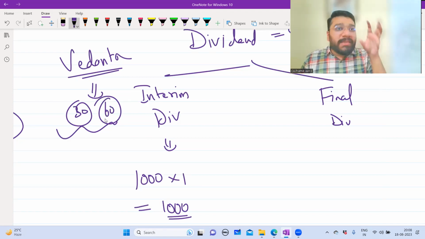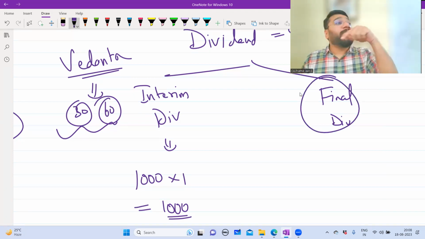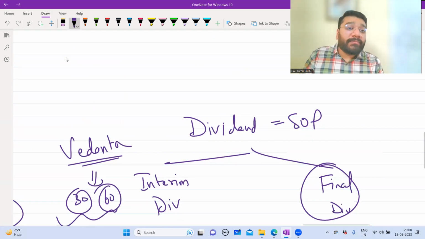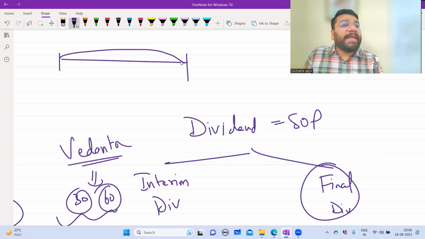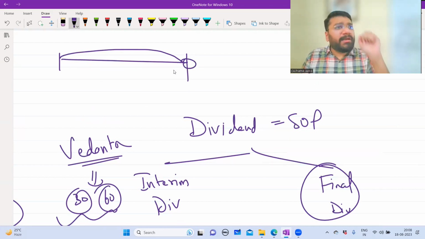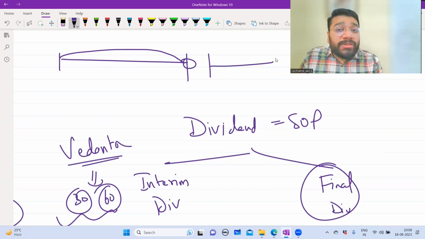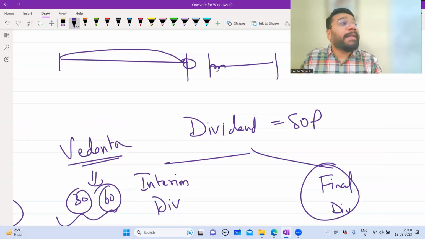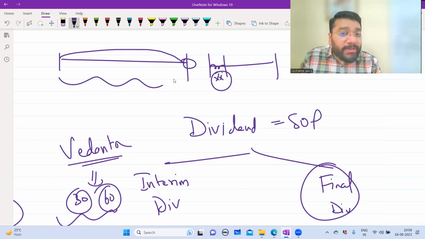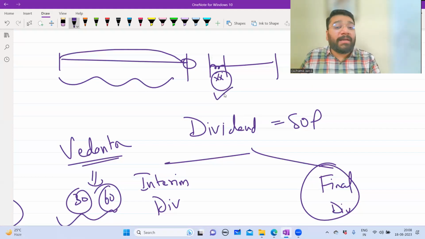So interim dividend means what? The dividend that is paid in between the financial year. Final dividend is paid when? At the end of the financial year. When do you distribute the profit? If you remember, I've discussed this concept with all of you. You do the accounting on a day-to-day basis. On 31st of March, are your accounts 100% ready? No. Your accounts will get ready in the next financial year, in the month of April, May, June, depending on how big your business is or how big your accounting team is. Correct? So somewhere here, you will exactly get to know what is the profit of this period. And that is the period when the profit partners can take away the profits from the business.